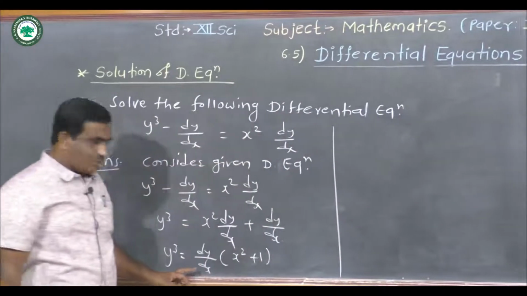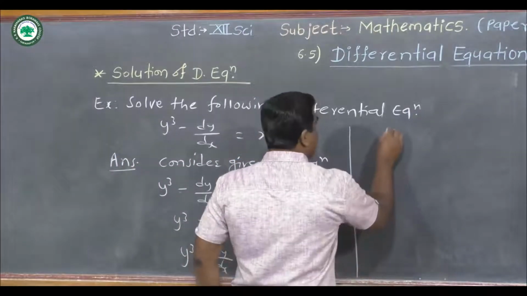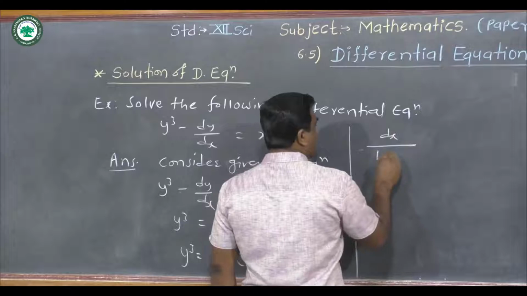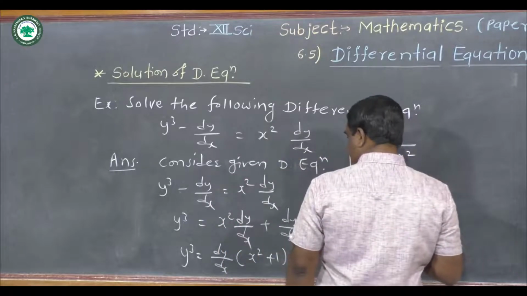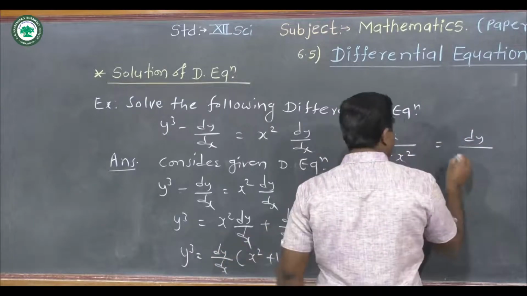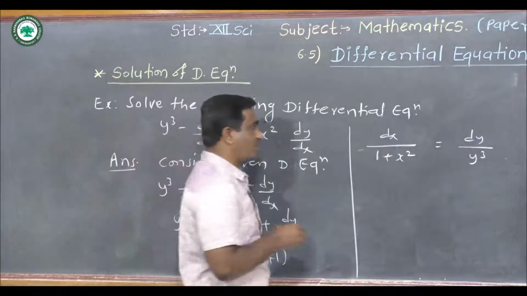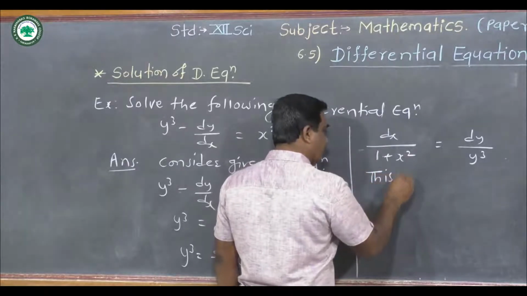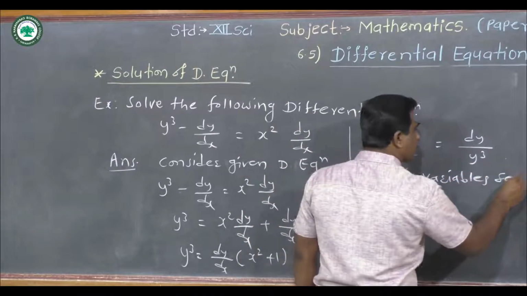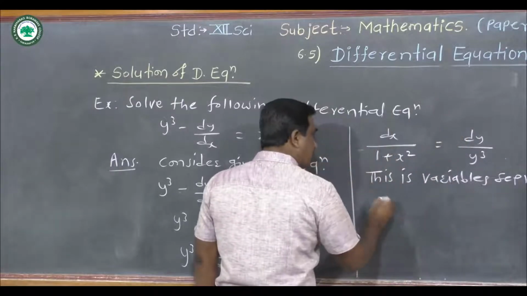Now take the terms of x to the LHS and the terms of y to the RHS. Therefore we can write dx upon 1 plus x square equal to dy upon y cube. This is the variable separable form of the given differential equation. Okay, now taking integration,